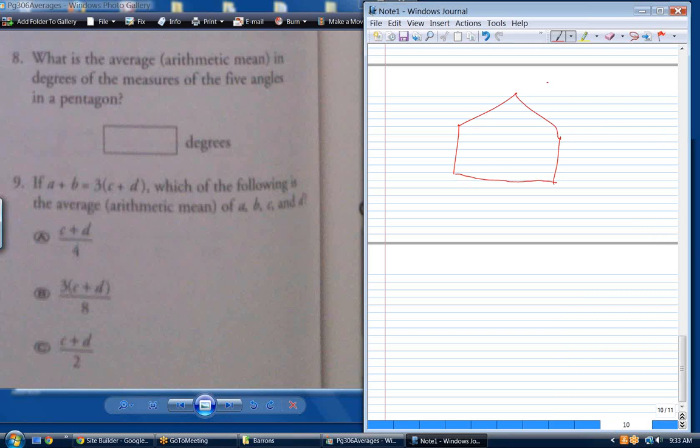There's a pentagon. They didn't say regular or anything. What do we need to know to answer their question? We need to know the degree measure of all 5 angles. The total. Yes. Exactly. There is a formula for this. I think it's probably worth memorizing, but